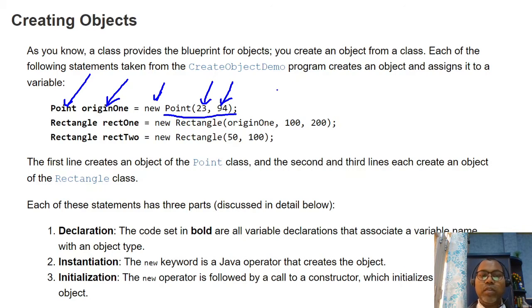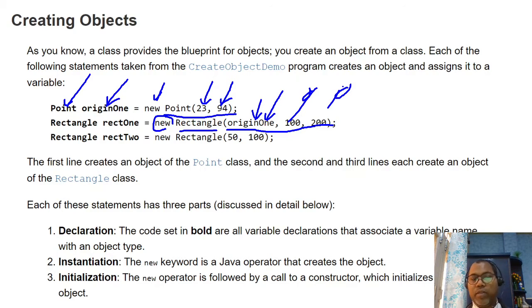In a constructor you can pass any primitive data types, or you can pass another object as well. Here this is a Rectangle class. Whenever you are creating an object of Rectangle with new, it invokes the Rectangle constructor. This constructor demands one Point object and another primitive type. So your constructor can take as input an argument that is any other object, or any primitive data type.